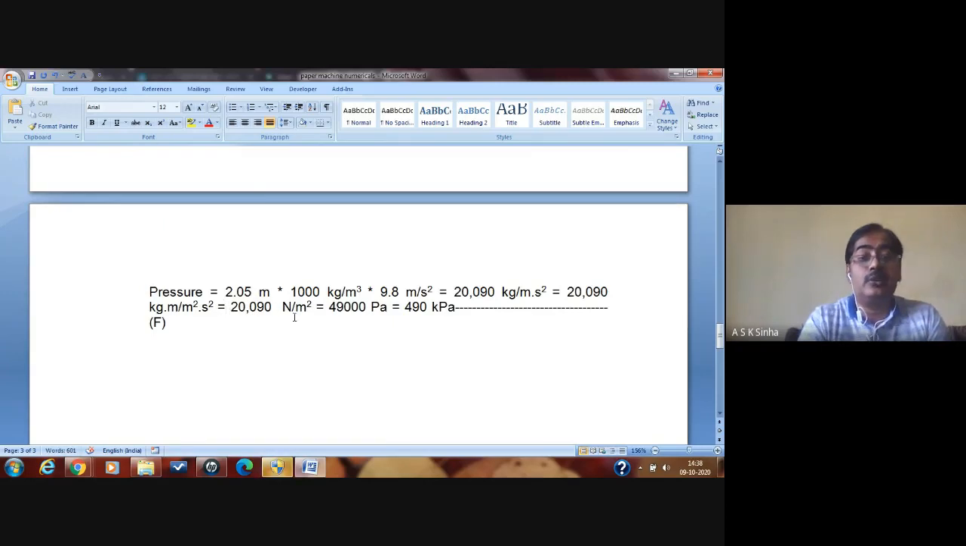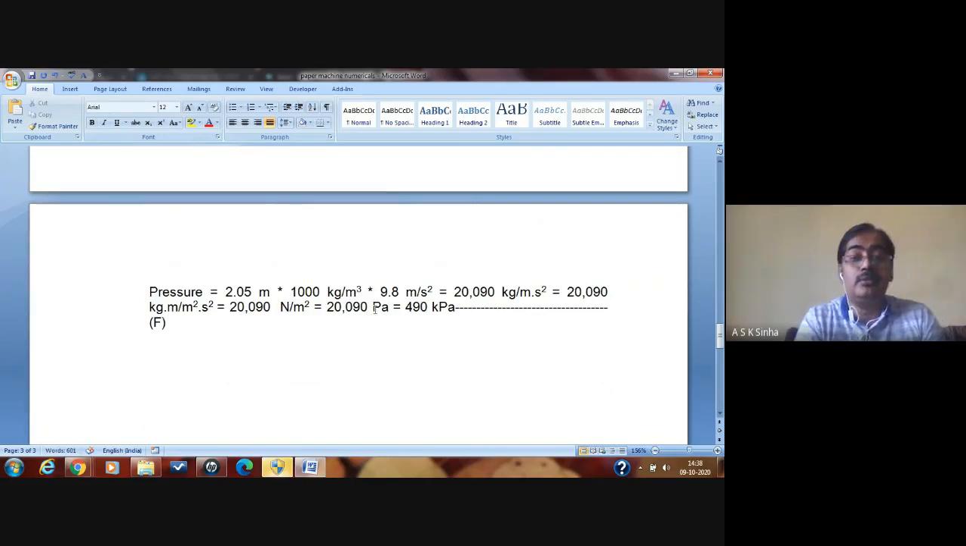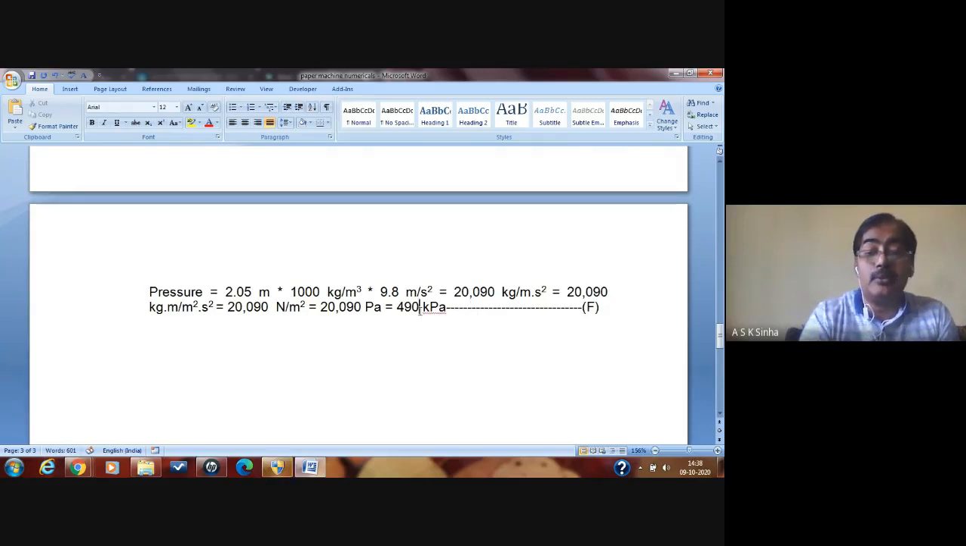Right, so it's a Newton per meter square. So here again the figure will be changed. It's 20,090 Pascal. Newton per meter square is nothing but the Pascal. So we can convert in terms of kilopascal again. In kilopascal, it will be divided by 1000. So the value will be 200.9